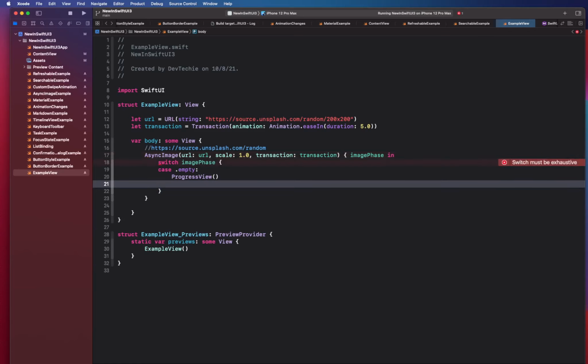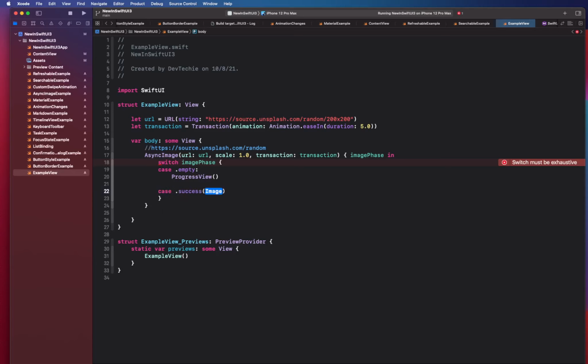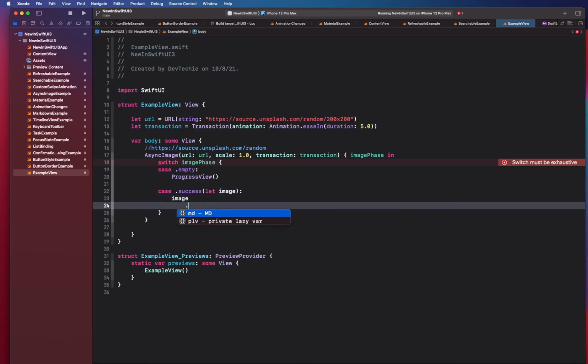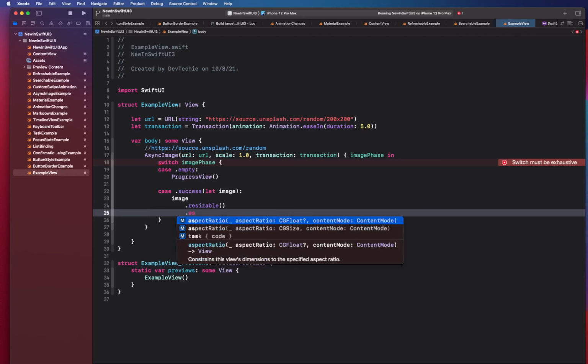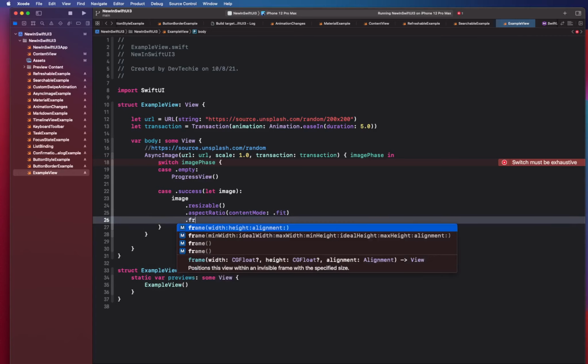That means we are in the empty phase. When we have success, we get access to the image. So we want to take that image, we want to resize it, we're going to set the aspect ratio, we're going to set the frame,